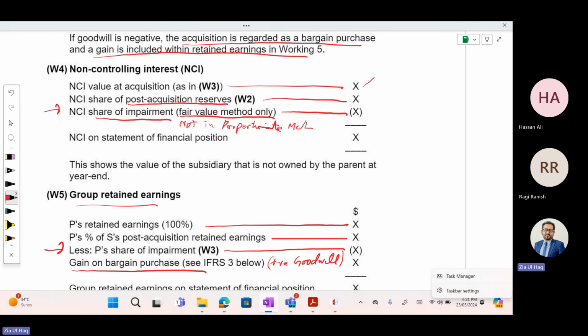So how can we calculate group retained earning? Parent company's retained earning at the reporting date, plus the parent company's share of post-acquisition retained earning of the subsidiary. And if NCI was calculated using fair value, then impairment as well. And goodwill, if negative, that is